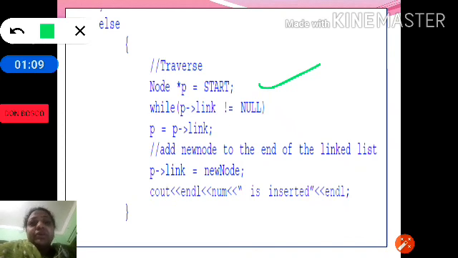We are using a loop where P of link not equal to null. So we are moving the P pointer to the last node, and then we are attaching the new node to the link, so that the node is attached towards the end of the linked list.